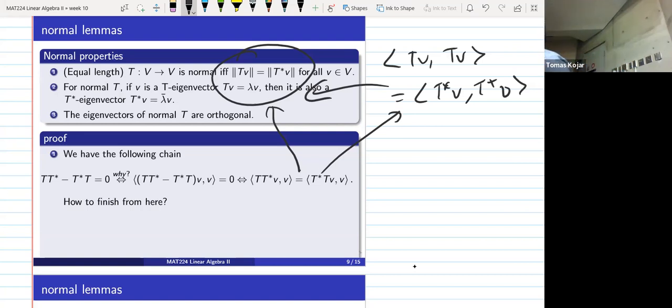Yes. Lambda V. Well, let's not, we're just doing part 1 first. No, I'm asking, how do I go from,